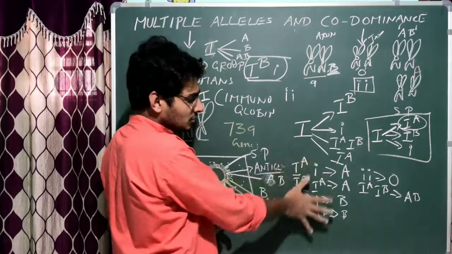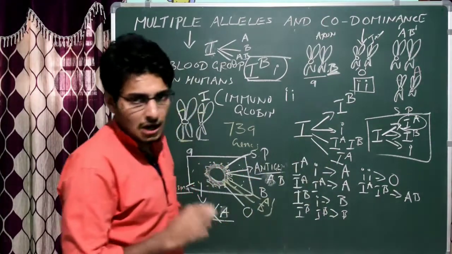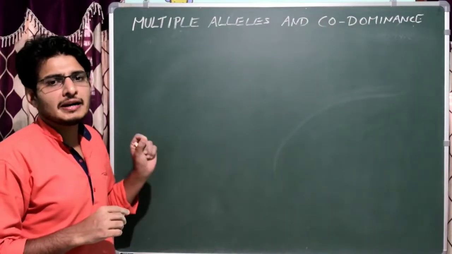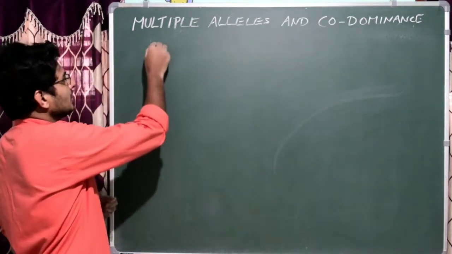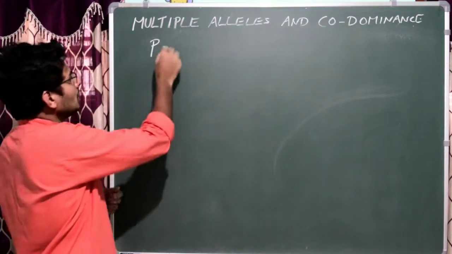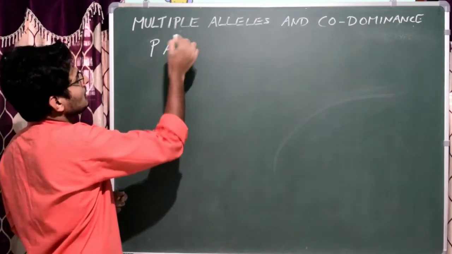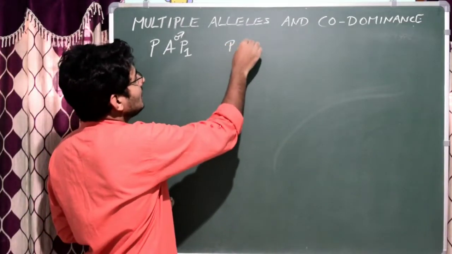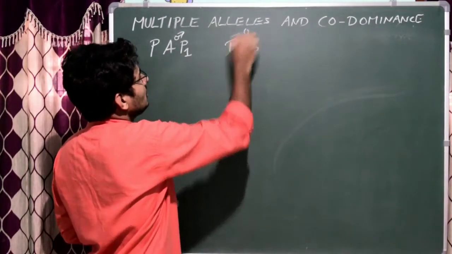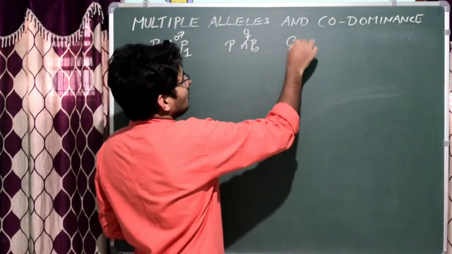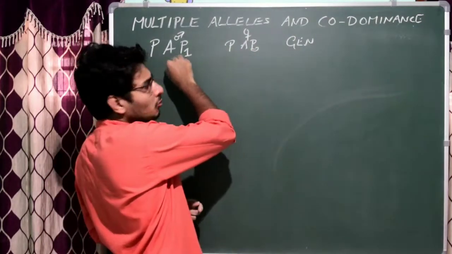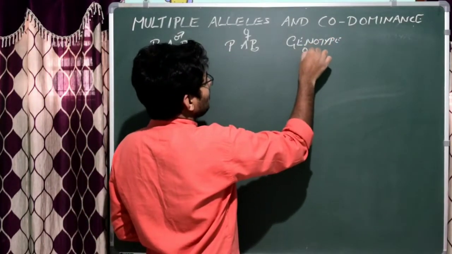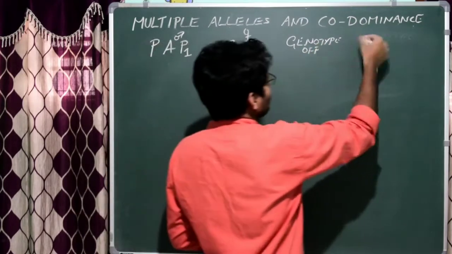These are the possible genotypes for the blood groups. Now I will give you all possible genotypes of all the different blood groups. First I will write here: P means the possible allele given by parent 1. Let us assume this parent is the male parent. Another possible allele is given by parent 2. Let us assume this is the female. Then due to the fusion of the alleles from parent 1 and parent 2, we get a genotype in the offspring. And then what is the blood group of that offspring?